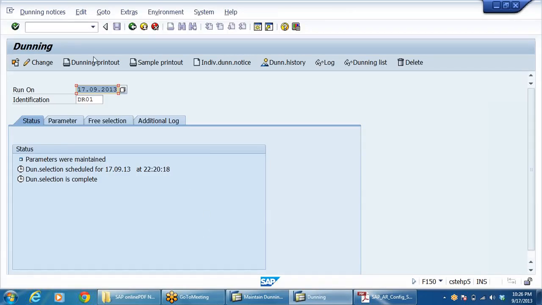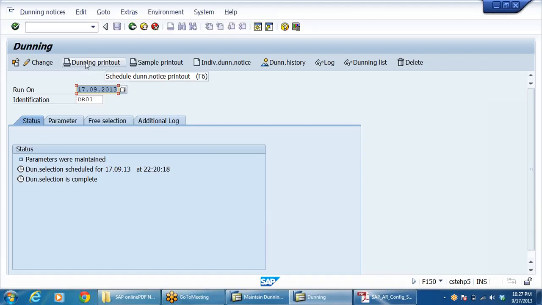Now go for printing. Generally we use dot matrix printers, because I'll be printing 1+1. I'll be sending it to the sales officer, and let the sales officer personally take it to the customer. Because if I send it through post, he may or may not look at the letter, or he may say that he has not received it. If I'm sending by courier, an acknowledgement will be there. So depending upon the requirement, we'll do it. Sometimes we get the signature of the party, so that I can use that for legal requirements also.